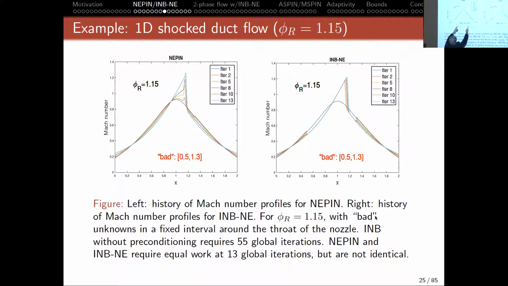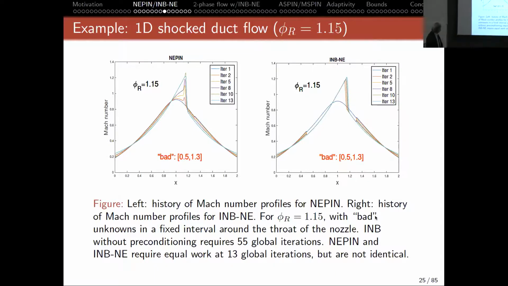taken the mesh points in that region as potentially bad. There are ways to get it closer in the 2 different methods, but to have a uniform selection of bad points to compare the 2 methods, that's the subset that was chosen. And you can see they both converge in 13 steps, but not through identical iterates. And there are some sort of jogs in the solution at the boundaries of the unknowns that are excepted for